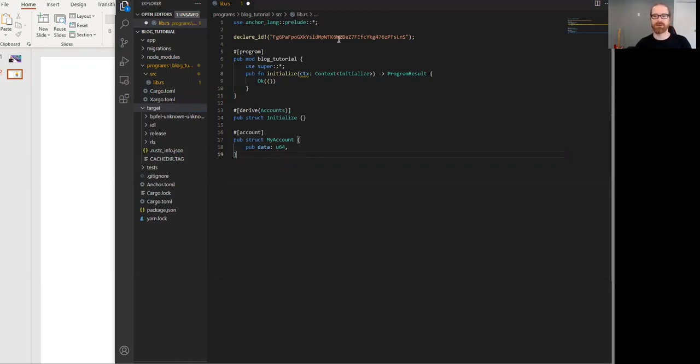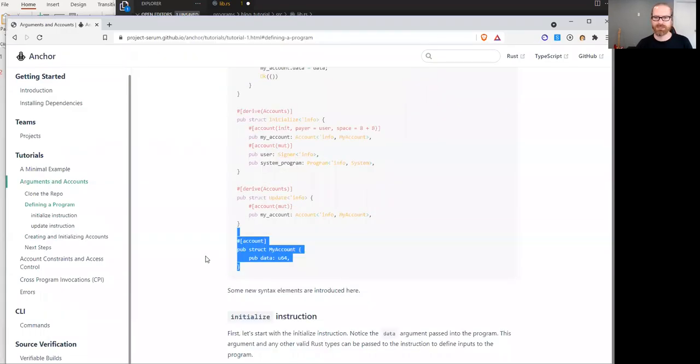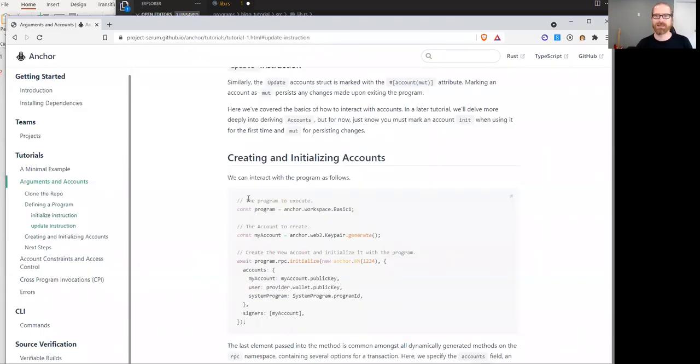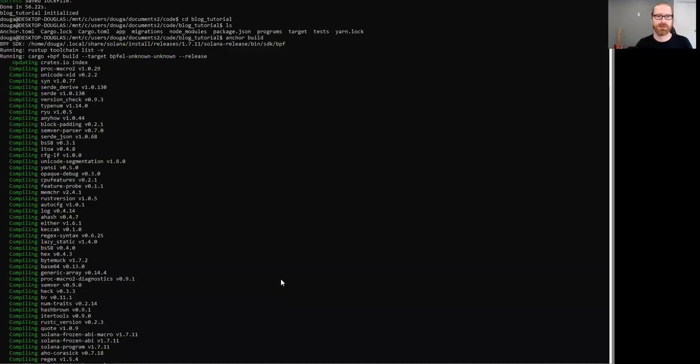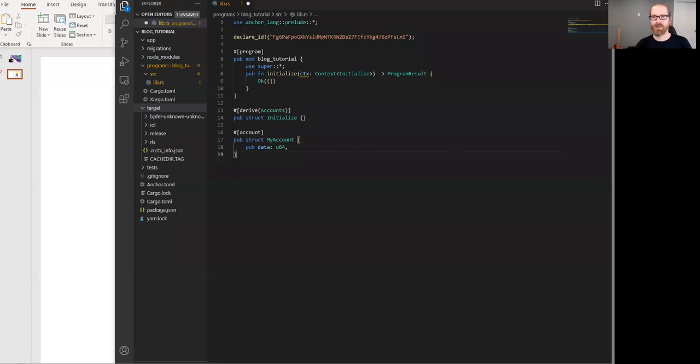So up here in this declare ID, remember before I said that is your program ID. Well, that's got to come from somewhere. When you do anchor build, it's going to generate the keys for the program, and then you can copy and paste it into that slot. I know that Anchor is working on some automation processes for doing this. I don't know if it's quite ready yet, but we're going to do it old school by hand, just so you understand the process of what's going on in the background. Once this whole build process is complete, we can go on to building out our program. So while we're waiting for that to build,